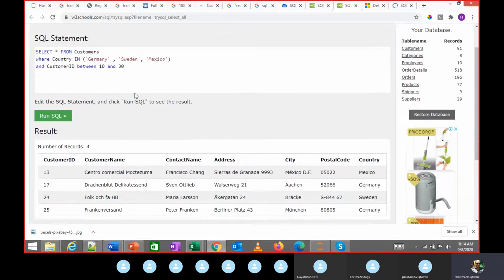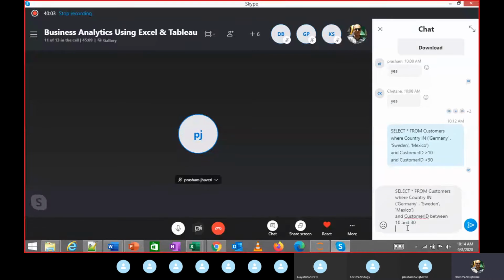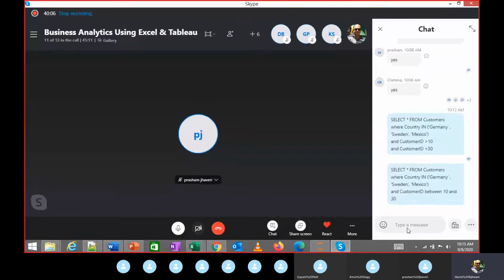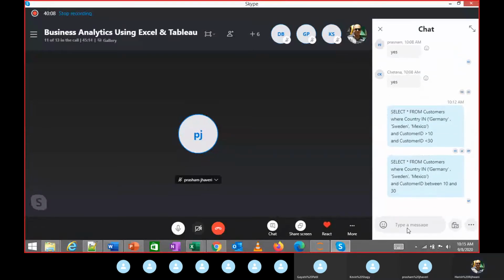This is how I write between. It's the same thing. Instead of using customer ID greater than 10 and customer ID less than 30, I will use the between statement over here.